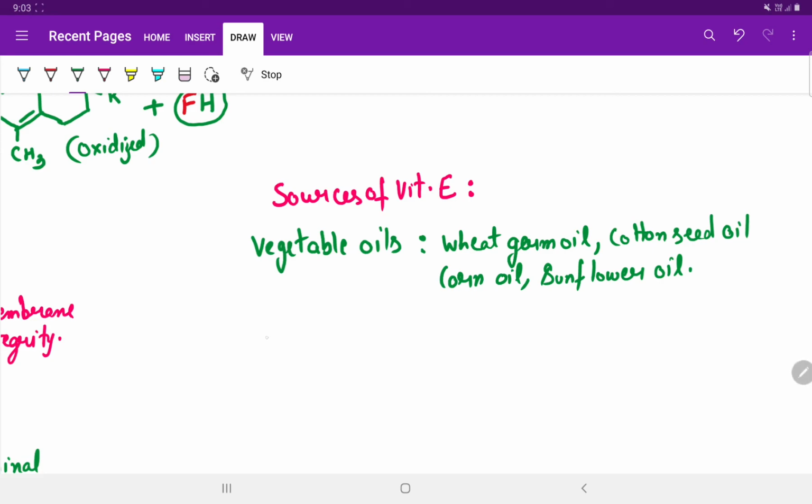It is also present in non-vegetarian sources such as meat, eggs and dairy products such as milk and butter. So the deficiency may lead to sterility and degenerative changes in the muscles, megaloblastic anemia and changes in the central nervous system. The severe symptoms of vitamin E deficiency are not seen except increased fragility of erythrocytes and minor neurological symptoms.